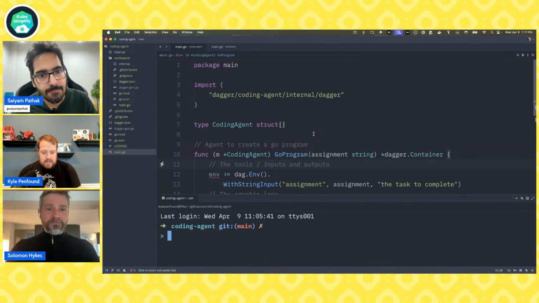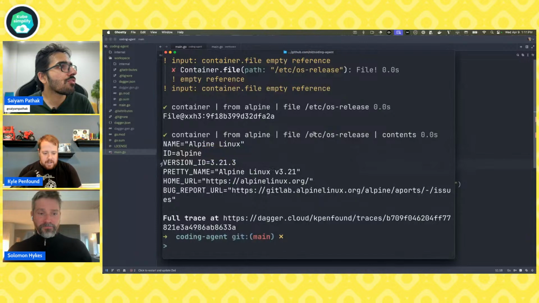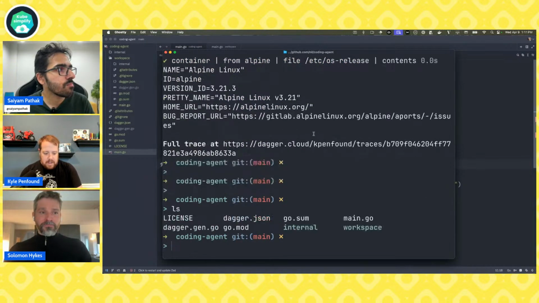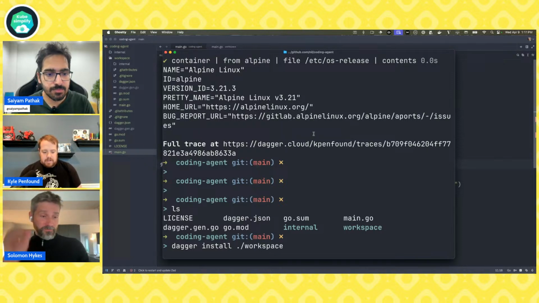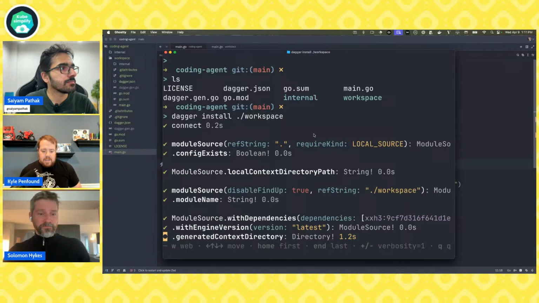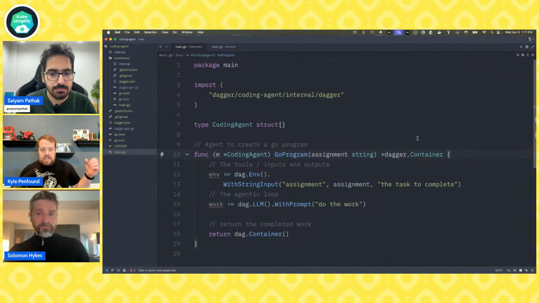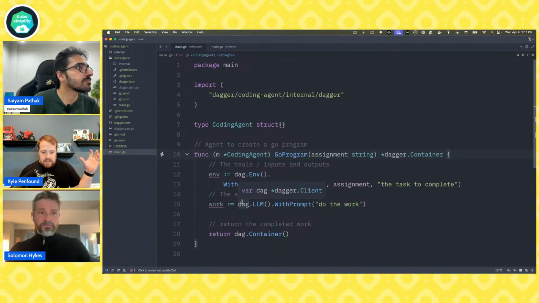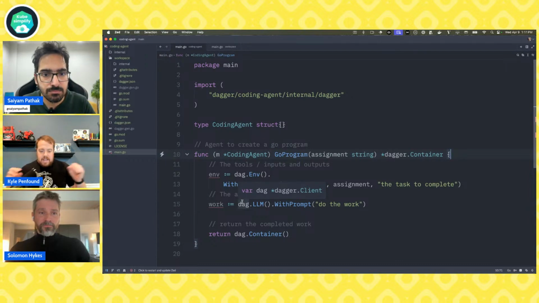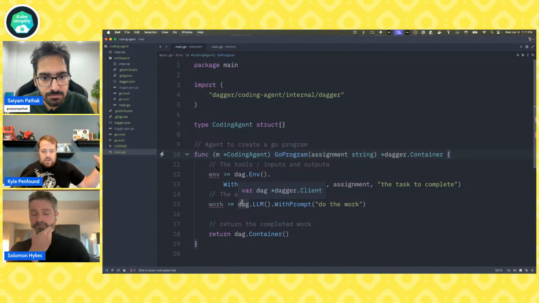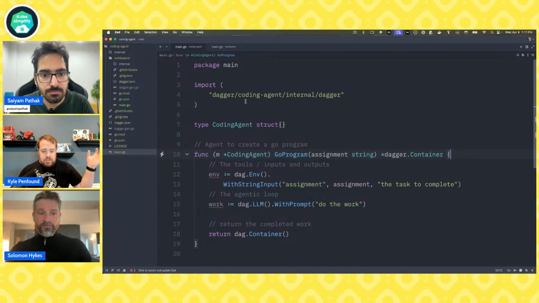And so what I want to do is actually, I'll stop opening that terminal. Over here in my terminal, we're just in my main module. I want to say dagger install that module that we just created. So I say dagger install workspace. And now what's going to happen here is that the object that we just wrote is going to be automatically generated and expand my Dagger API. So remember, we have our Dagger client here that interacts with the Dagger API. That's going to be expanded to now include the new type called Workspace that I just created.